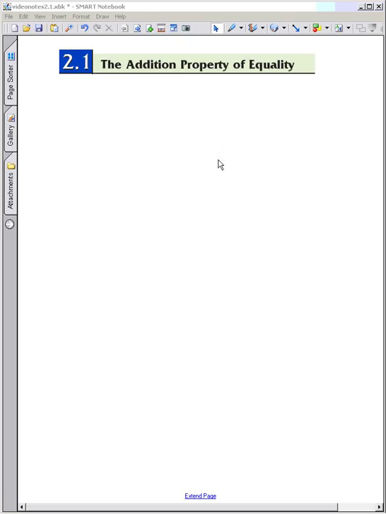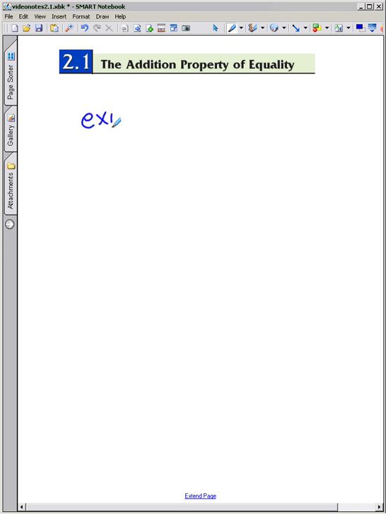This lesson will show you how to solve linear equations using the addition property of equality. But before we start that, I want to review a few things that you learned from Chapter 1. Do you recall, first off in Chapter 1, you talked about the difference between an expression